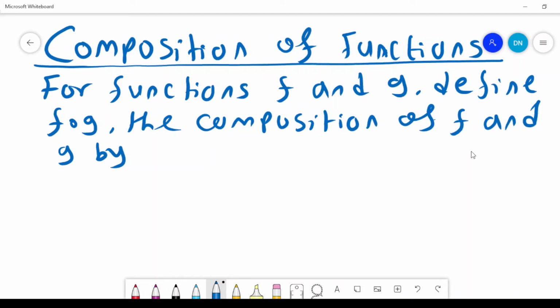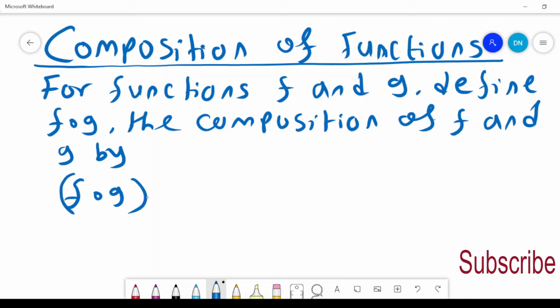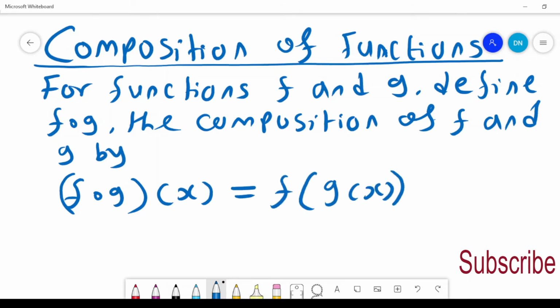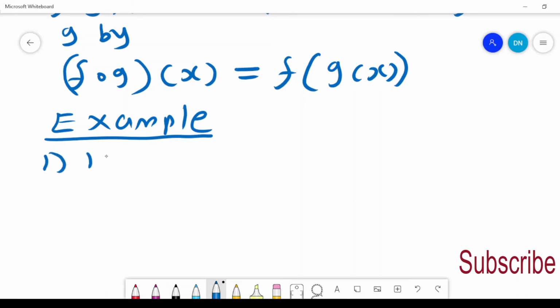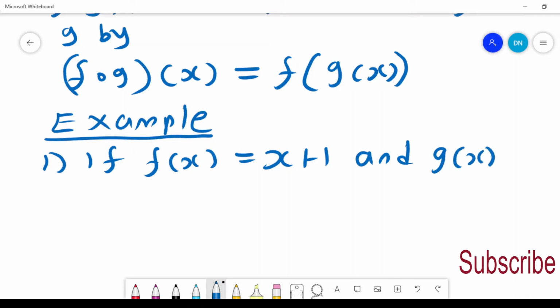Functions. For functions f and g, define f dot g, that is, the composition of f and g, given by (f ∘ g)(x) equals f of g of x. And you're told that if f of x is equal to x plus 1 and g of x is equal to x squared,